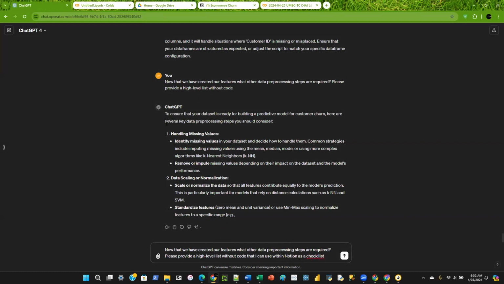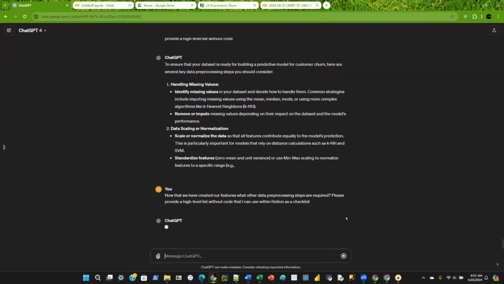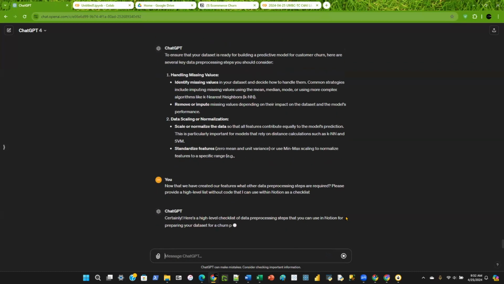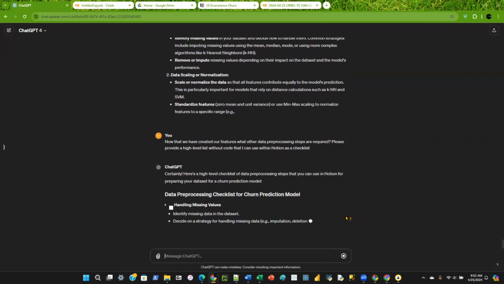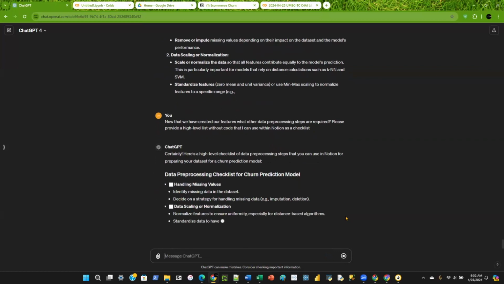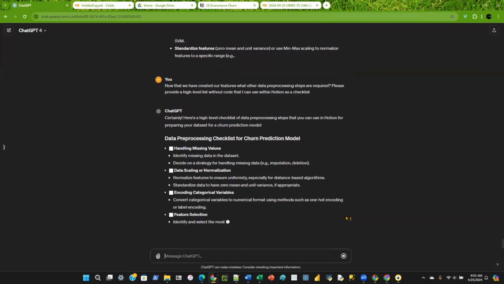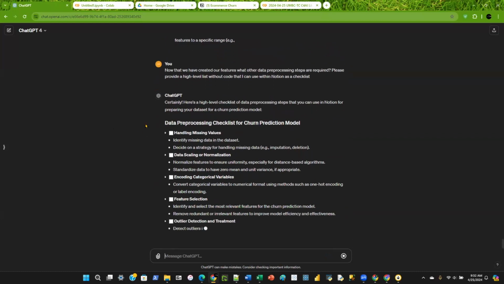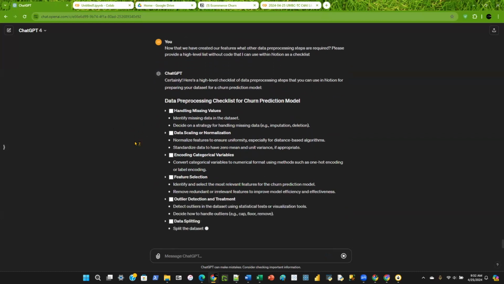So we'll assume the features have been created. I'm going to say, hey, what are the next steps that are involved? And I'm going to show you an example of how you can use ChatGPT to create checklists or create project plans elsewhere. So you've seen a lot of stuff that I'm using in Google Colab, but now look at how we can use this in another tool.